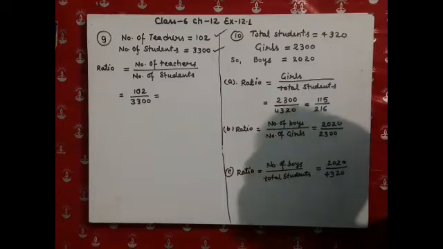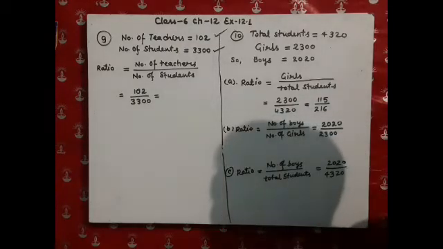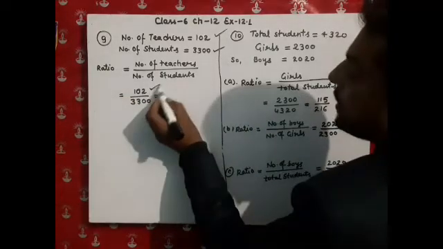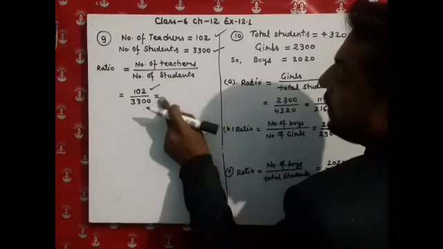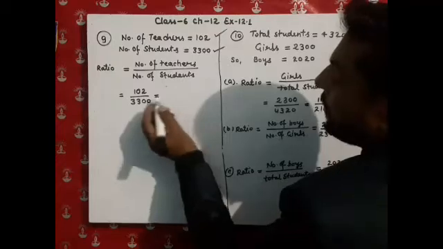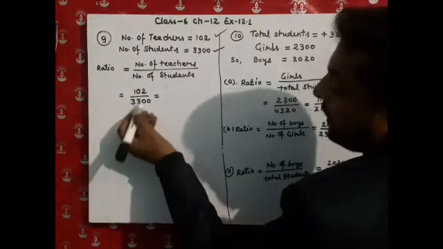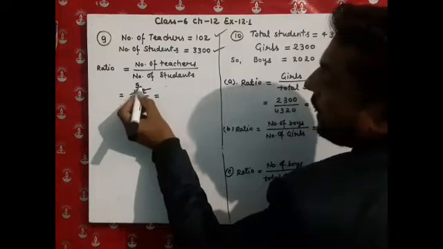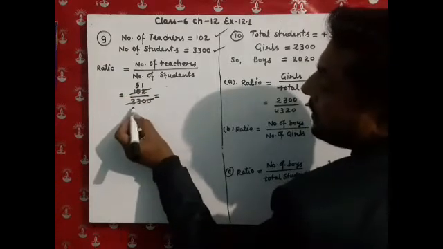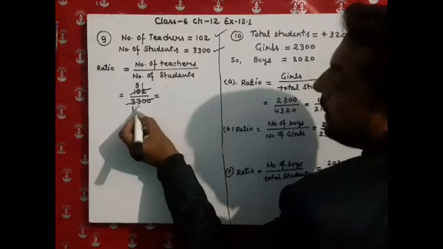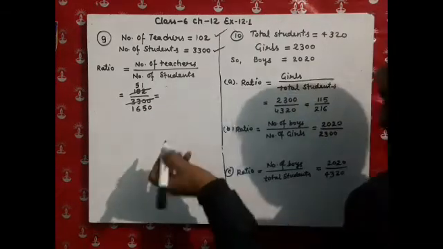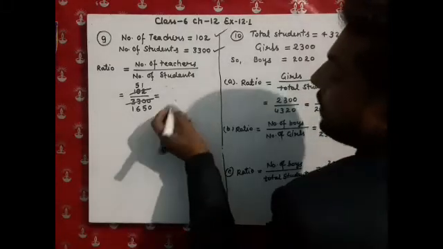And the question is asking us to find the ratio of the number of teachers to the number of students. So here the number of teachers is written and the number of students is written. Now we are simply going to reduce them. It is divisible by 2, so we will write down 2 5 ja 10, 2 1 ja 2. Now 2 1 ja 2, 1 carry over, 2 6 ja 12, 2 5 ja 10, 0 as it is. Now we are going to divide with 3.